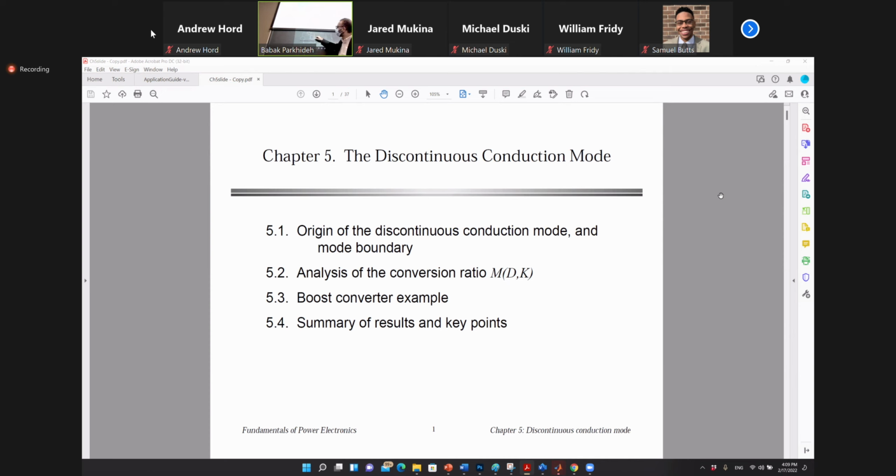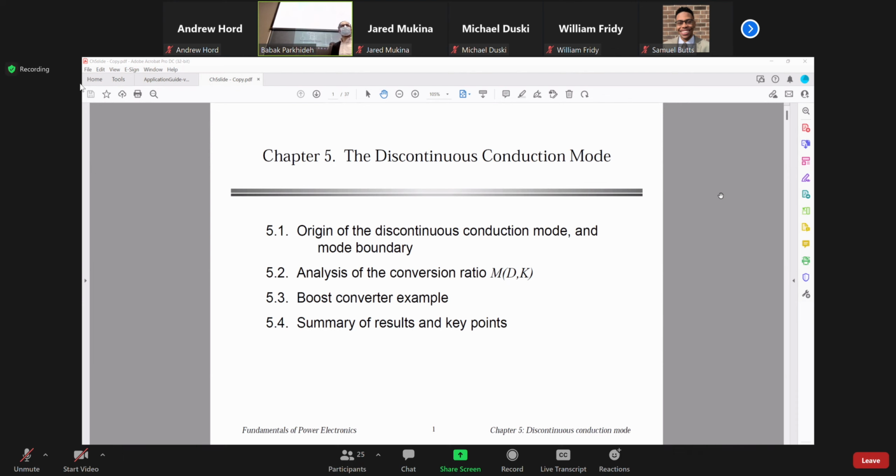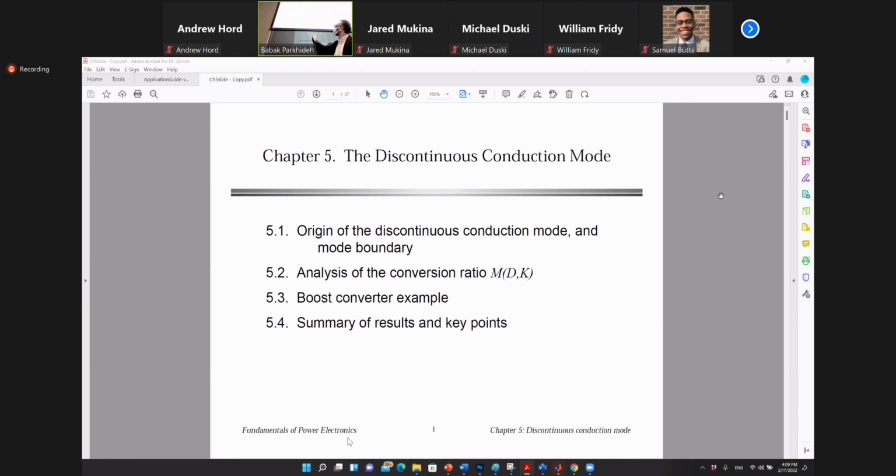So if the diode conducted in this direction, and it reaches zero when it's fully transferred to this, then the charge will be going this way. So the switch current was always like this, power going from this side to the right. So when you see this, it will be added to the switch current. So what you see, the switch current reaches this steady state, but now it's going